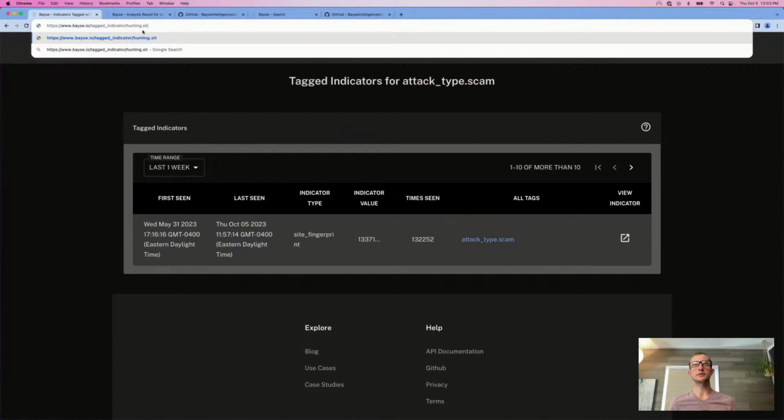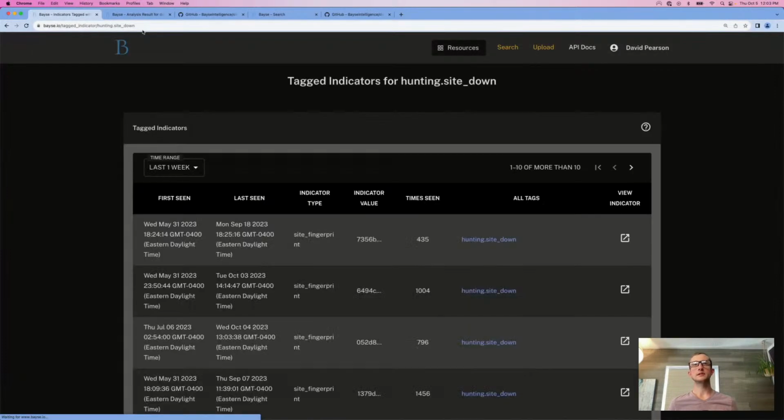Actually, we'll do this one. So you can do hunting.sitedown. Hunting.sitedown means let's go find all the indicators that indicate that the site that was analyzed by Base is actually not live. It's either down or not yet up. So we can see that